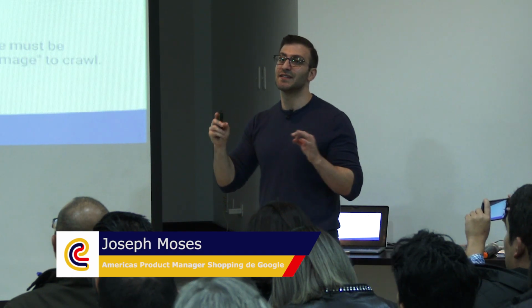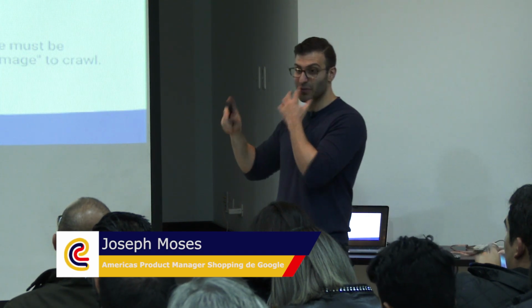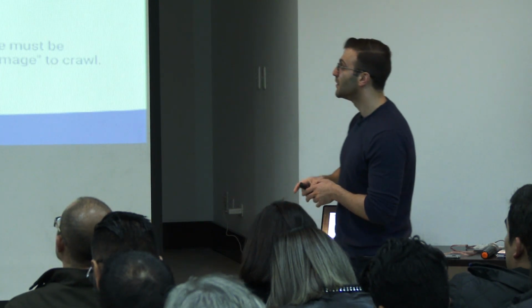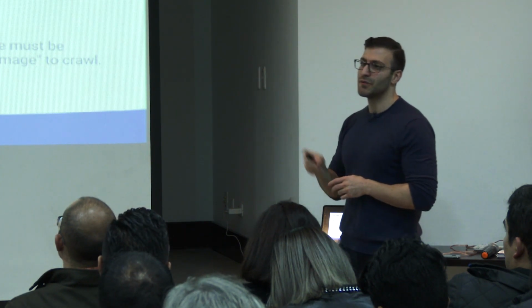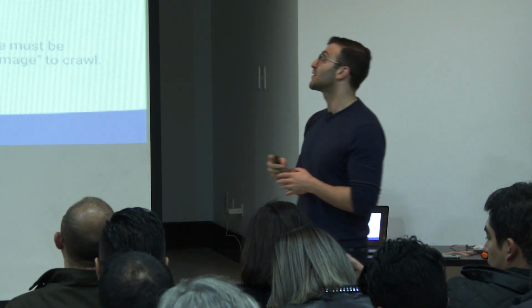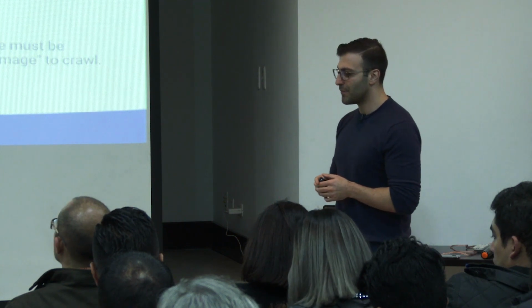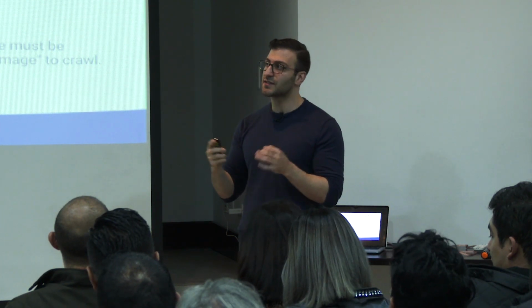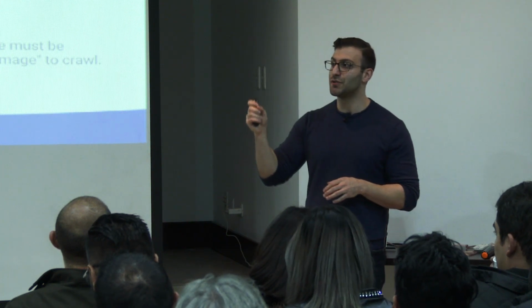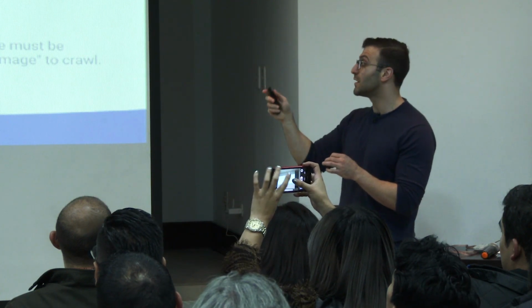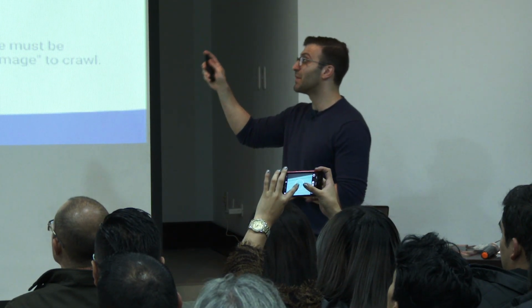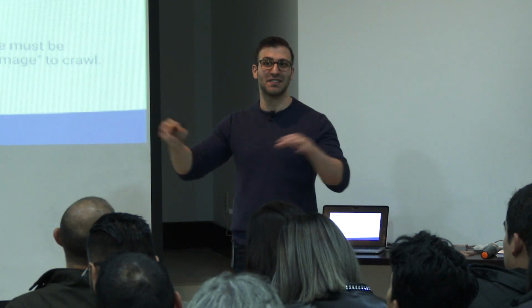Here are some key policy things to keep in mind, and it's important to understand. We do this for the best customer, best user experience. So you want to make sure your site is accessible globally. We don't like any IP detection, so don't pre-select the currency and language based off IP. Some merchants have struggles with this initially, but they're able to include some URL parameters that disable that in their shopping ads URLs. Each item's landing page must point to a single product. It's not a good experience if I see an ad with a specific product, a specific price, and then I'm taken to a more category-specific landing page. I want to go exactly to that product.